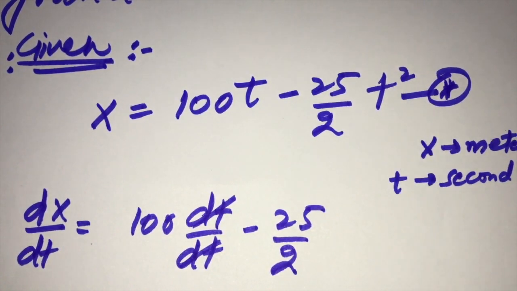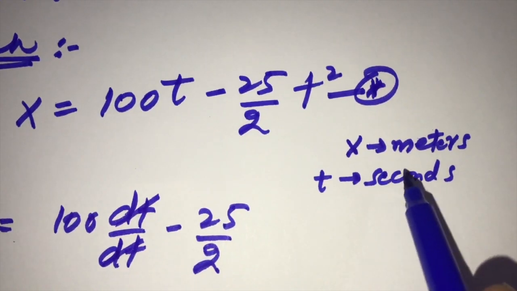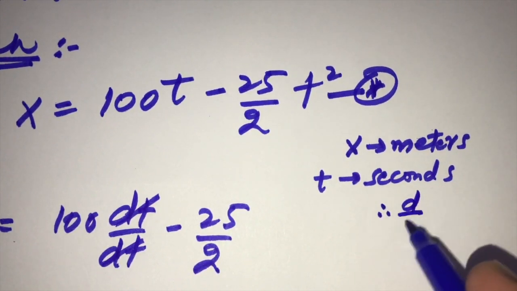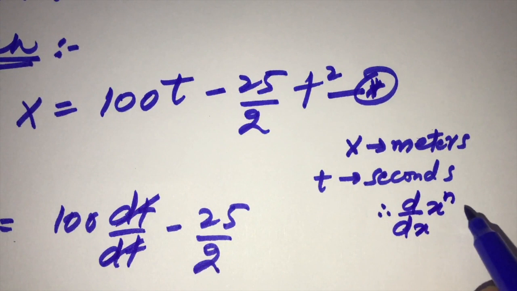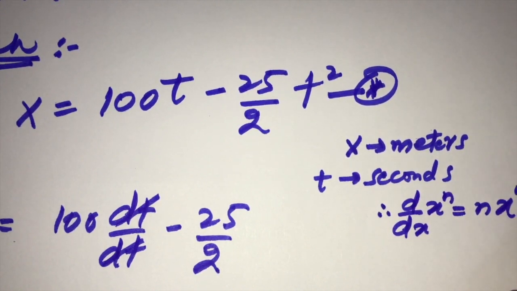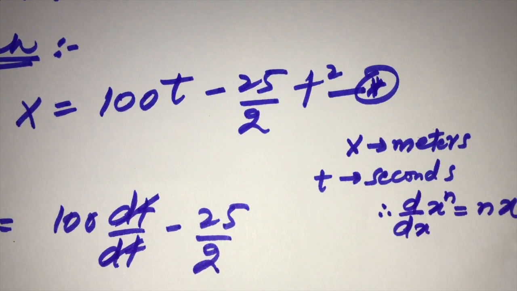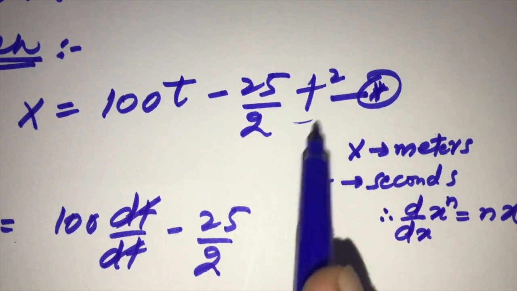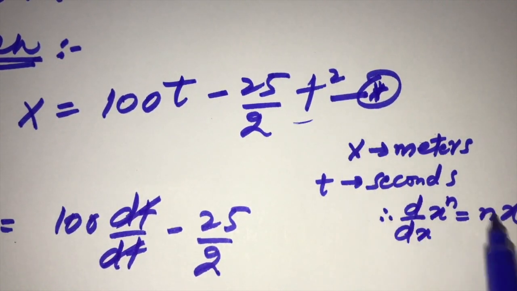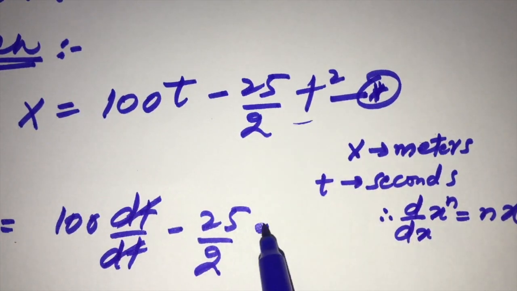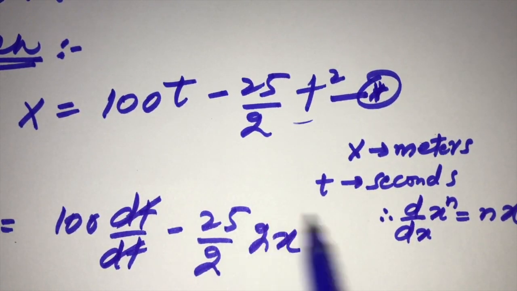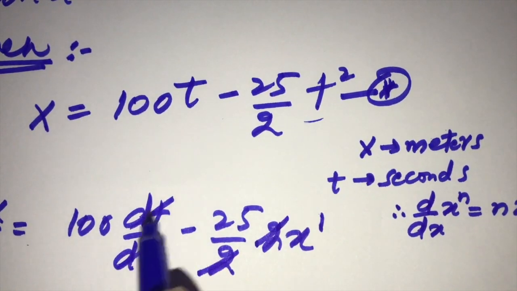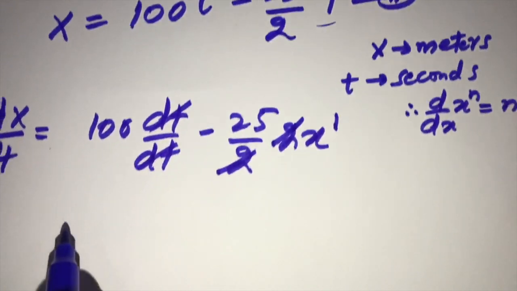First remember this formula: the derivative with respect to x of x to the power n is equal to n into x to the power n minus 1. Remember this general relation, and now take the derivative of the term t square. n should be 2, so 2 times t to the power 1. The 2 cancels with 2, dt by dt cancels, and we get